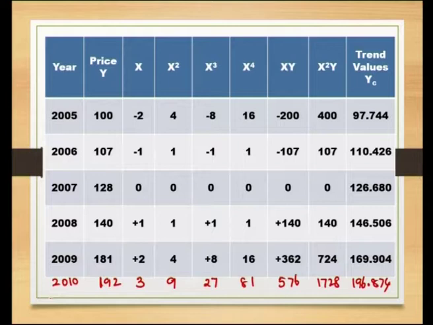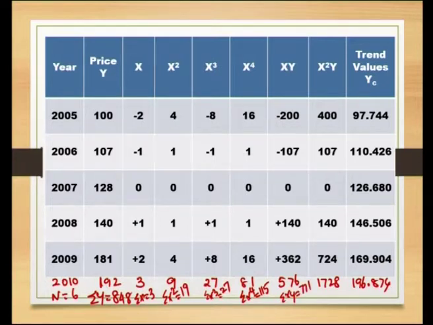The totals: n is equal to 6, summation y is 848, summation x is 3, summation x square is 19, summation x cube is 27, summation x power 4 is 115, summation xy is 771, summation x square y is